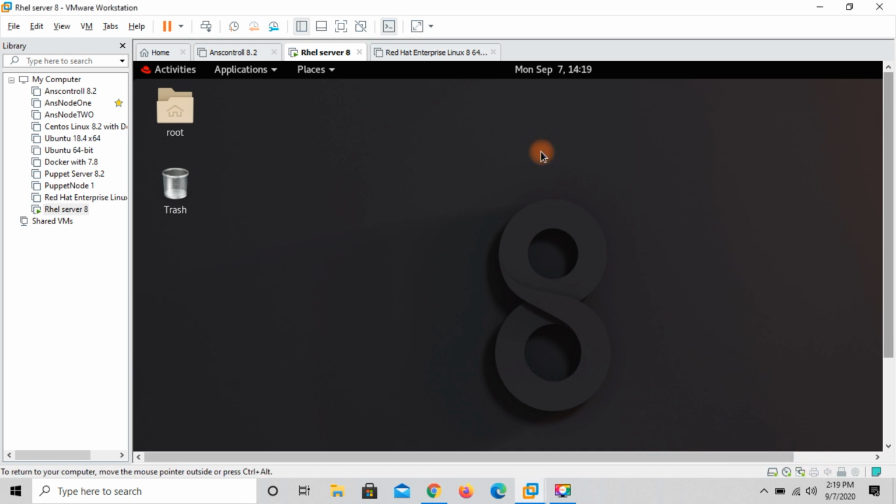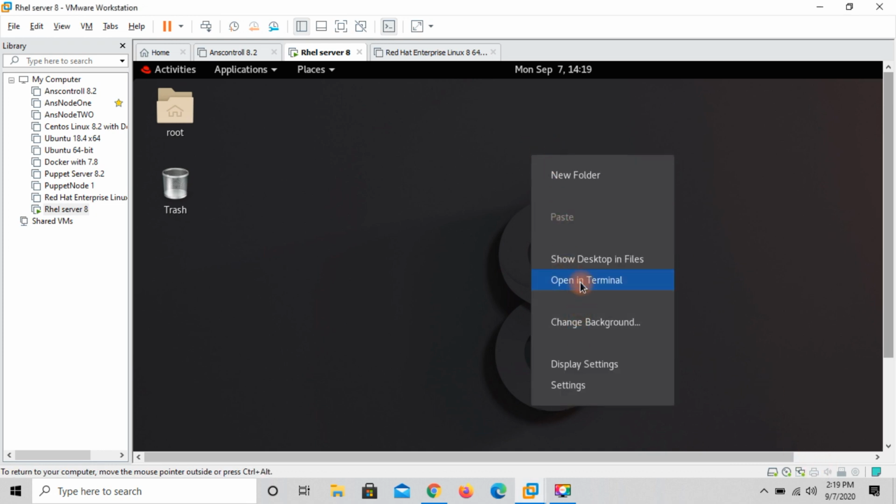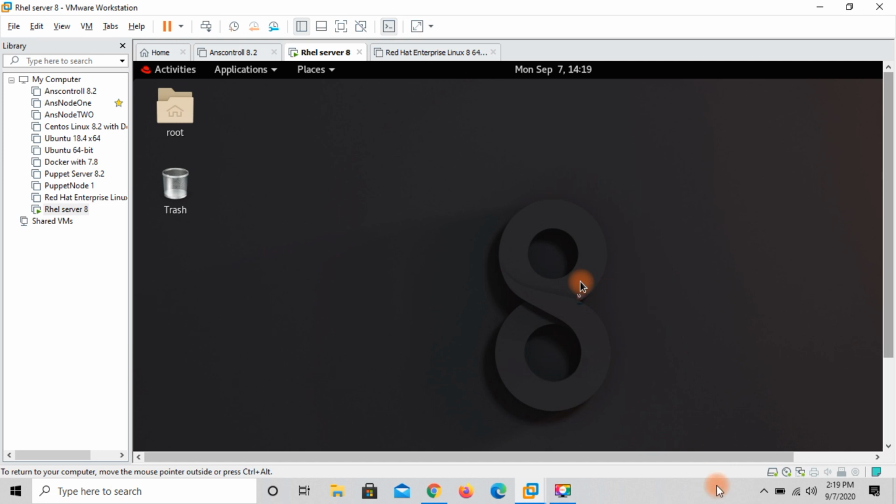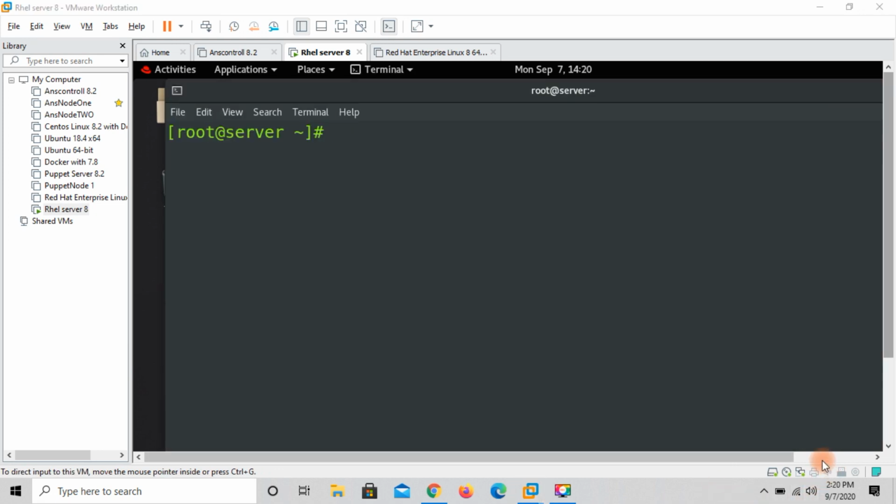So let's see how to enable the GRUB password. First of all, I will open up my terminal. Then I will type the command grub2-setpassword and press the enter key, and assign the password.